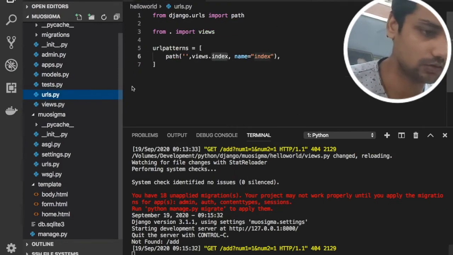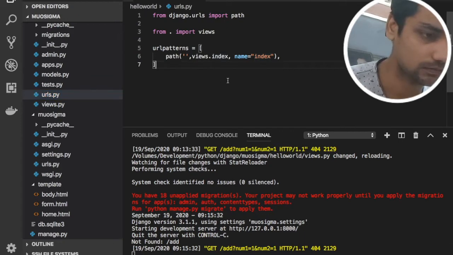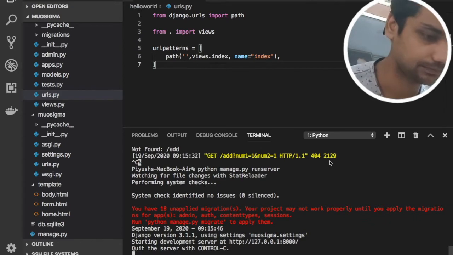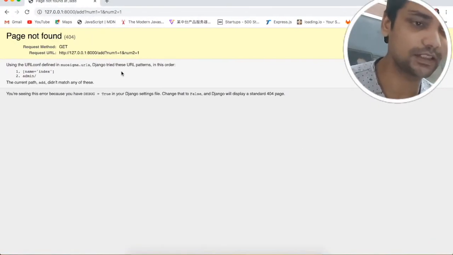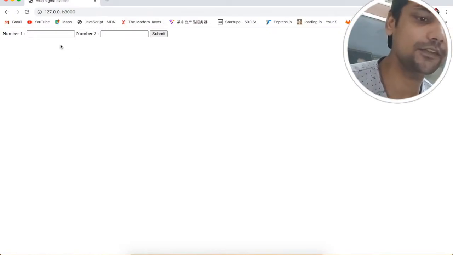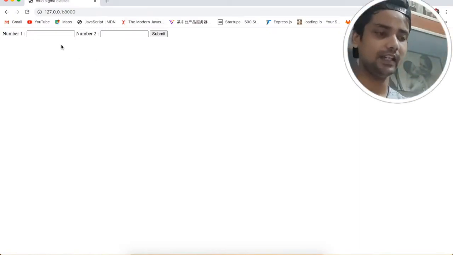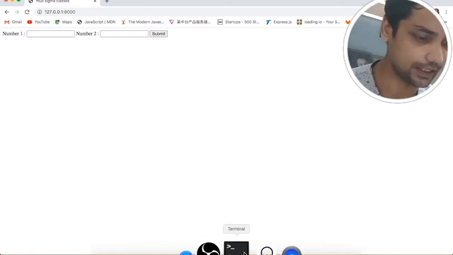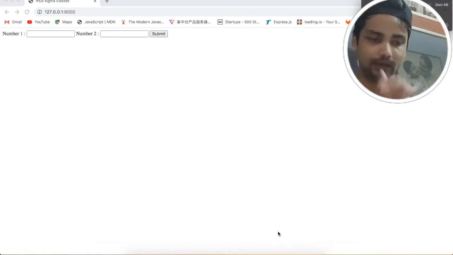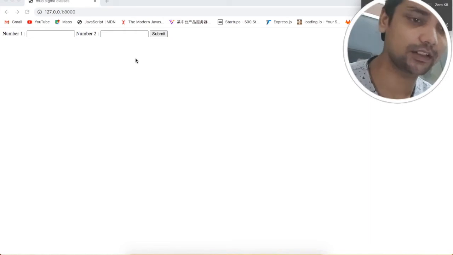Okay, so what is the problem? Let me rerun my server again. Let me refresh this page once again. Now you can see we have a number 1 field, we have a number 2 field, and as you can see, we have 2 fields and 1 button.